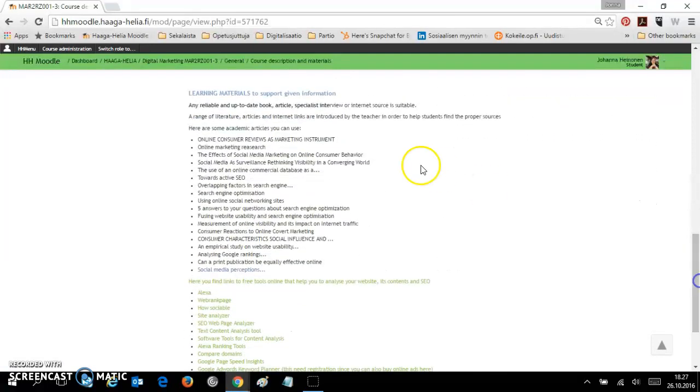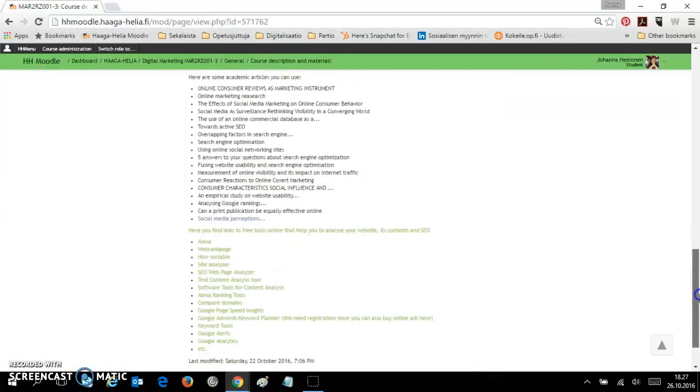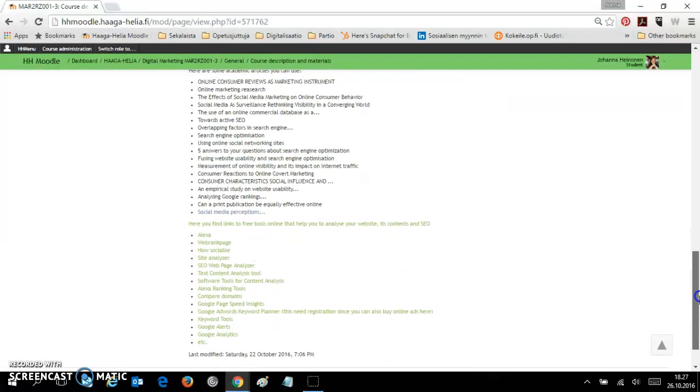Then there is something called learning materials, and I wrote here: to support given information. In lessons you already get lots of information and links, but here there's also a list of tools and materials that you can read if you want to. This is more like background material, and if you find a good link or a good source yourself, feel free to use it.